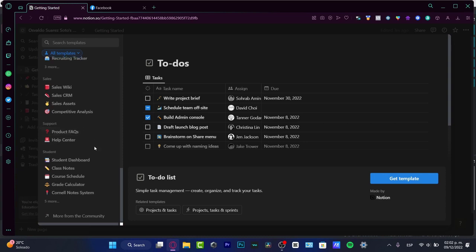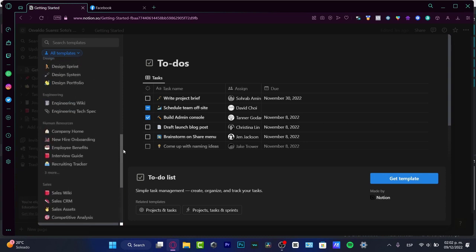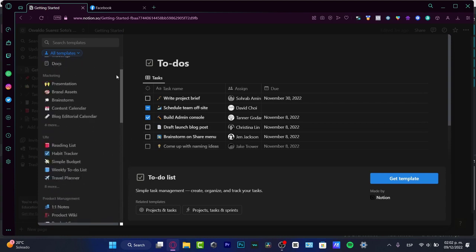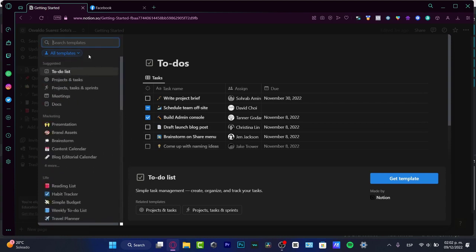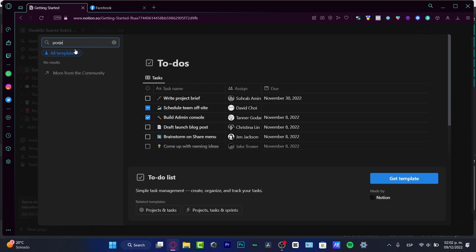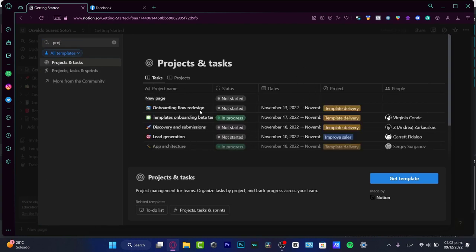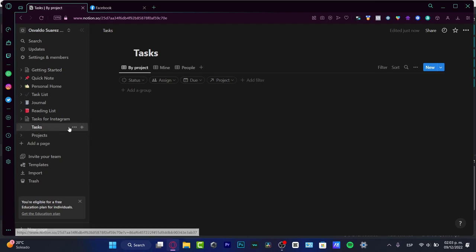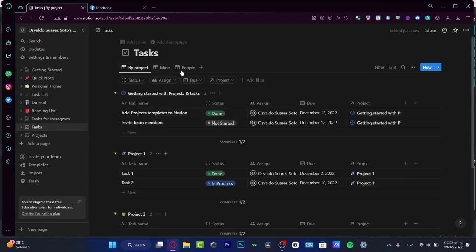So for example, we were looking for something like project management, right? So we don't want to look here anything. We want to just search for the template project. Does this sound familiar to you? This looks familiar to you? I mean, this was something that I created in Monday, Asana, or even ClickUp, right? So I can choose this template and I can hit get template, and boom, here it is, our